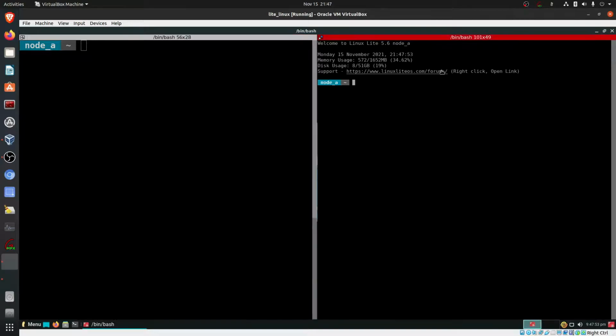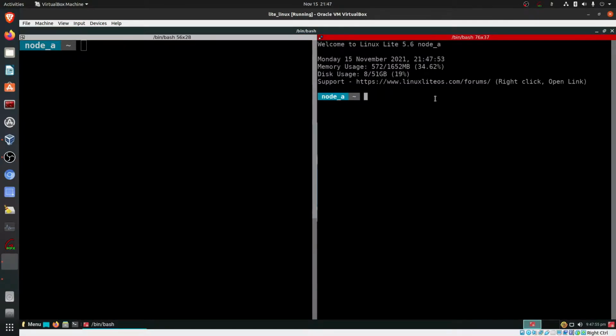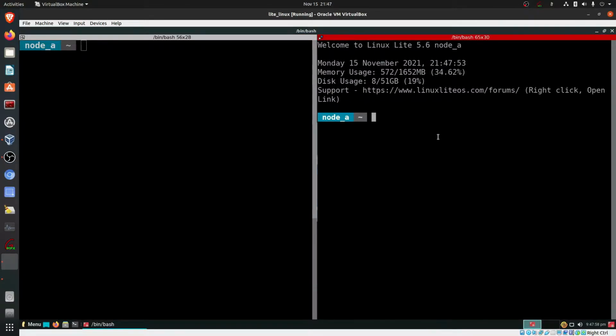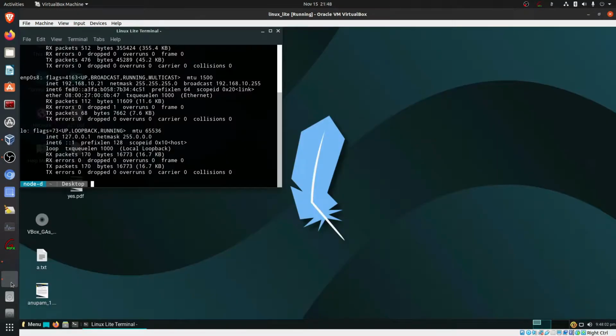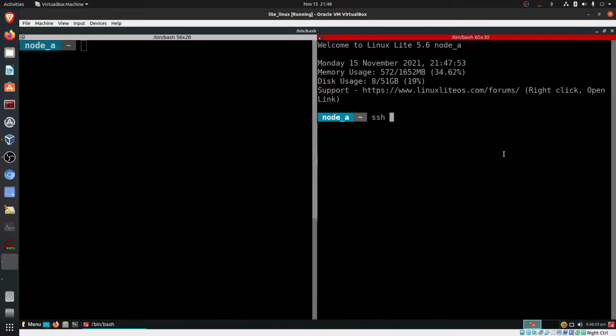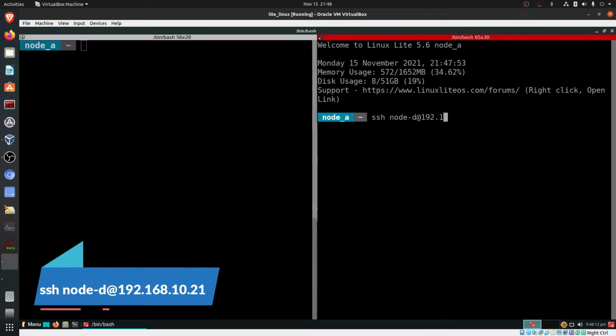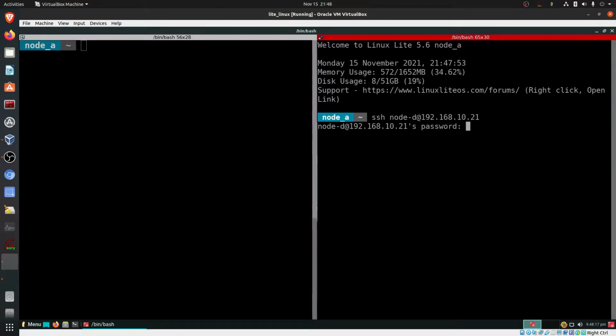Now I'll minimize this machine and go to the main machine, and I'll open another terminal and log in to that machine. That machine was 21, so ssh node-d@192.168.10.21. So here we are.